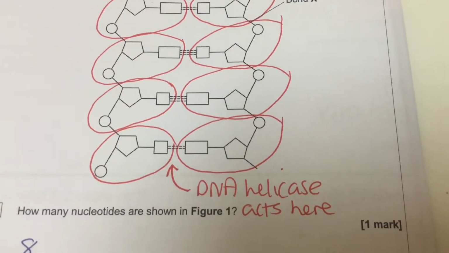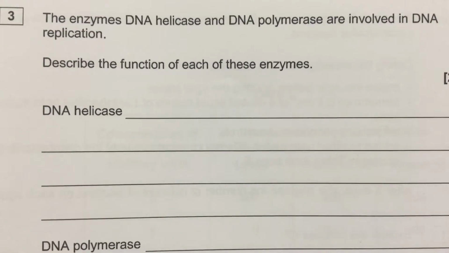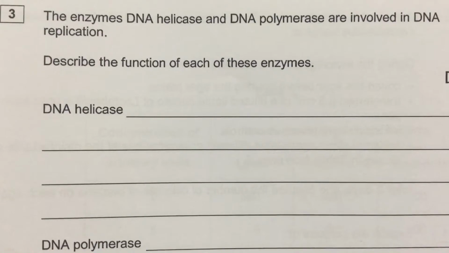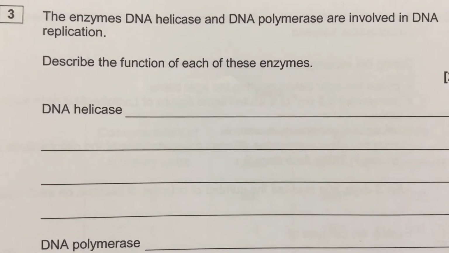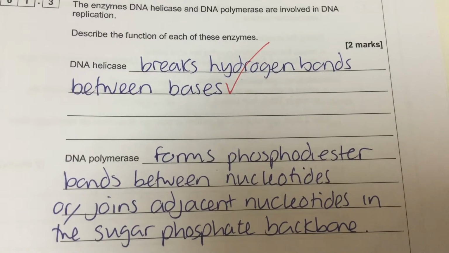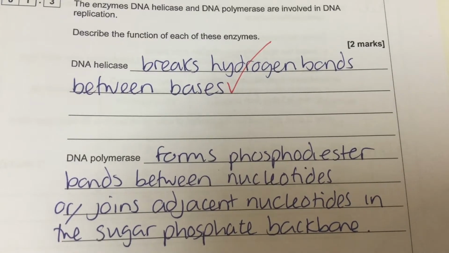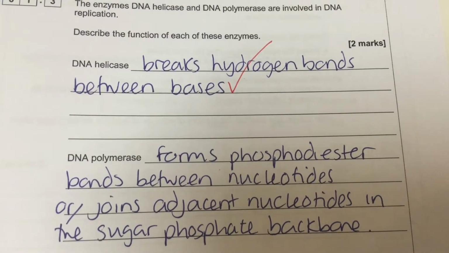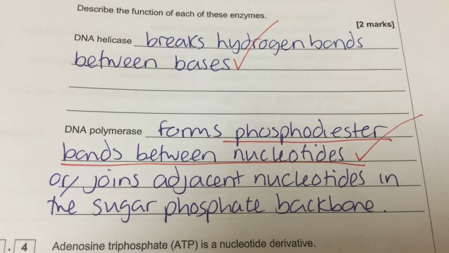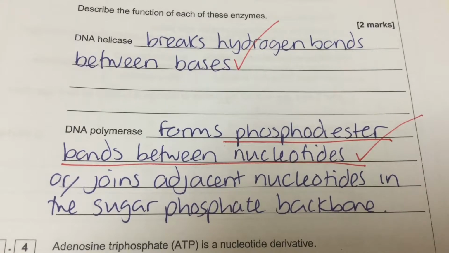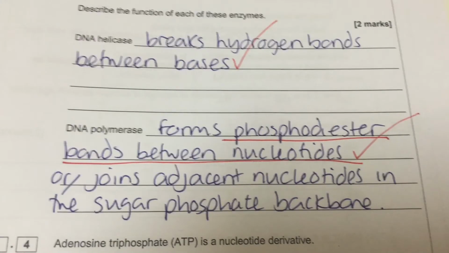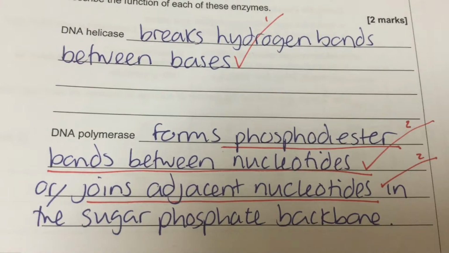By saying between the nucleotides, do you mean the nucleotides parallel to or adjacent to? So that's why it's safer to say breaks the hydrogen bonds between bases. And the next one, DNA polymerase, well, that's what forms the phosphodiester bond between the nucleotides. Now, if you couldn't answer the previous question about bond X, you're not likely to remember that it's a phosphodiester bond. You could actually just get the mark by saying that DNA polymerase joins adjacent nucleotides in the sugar phosphate